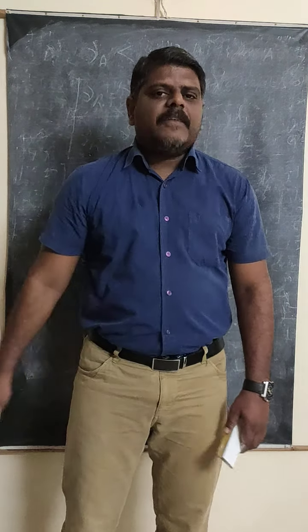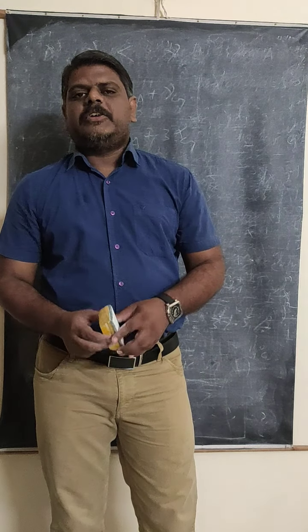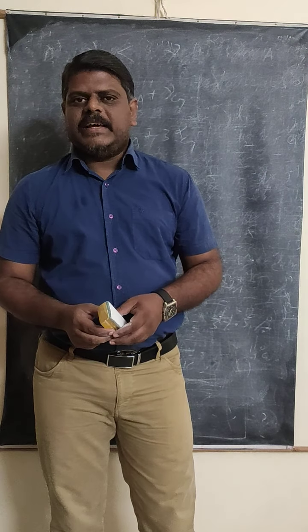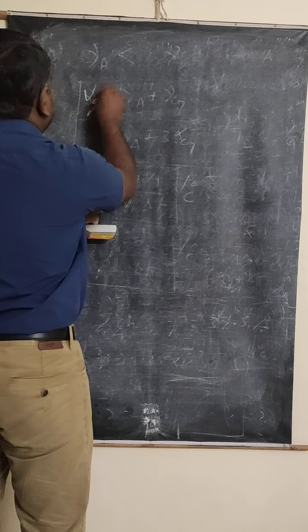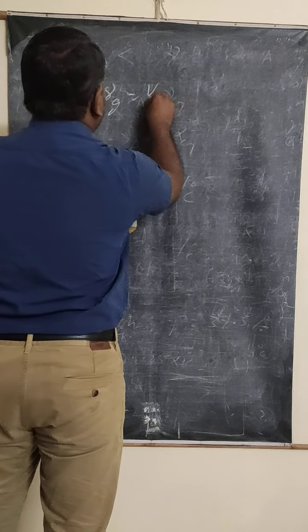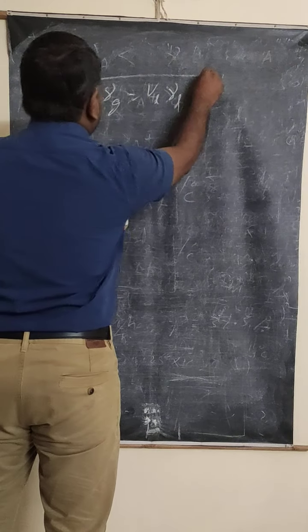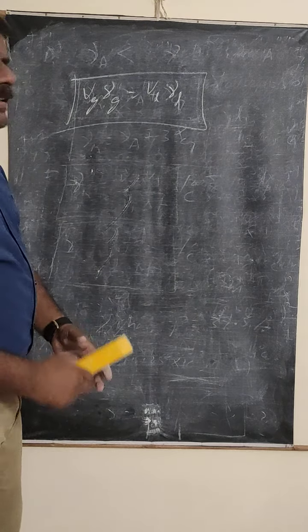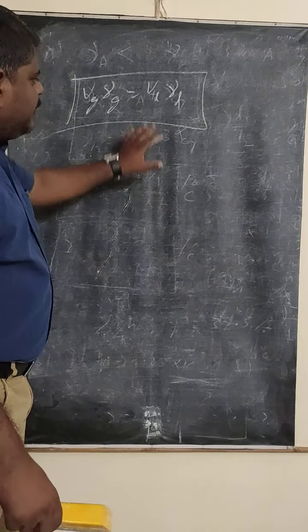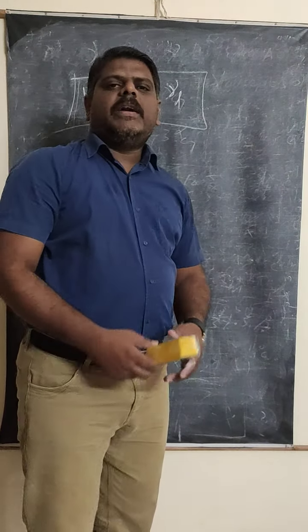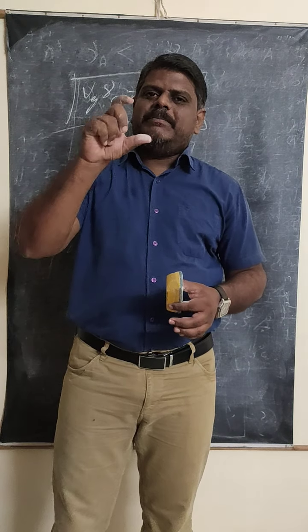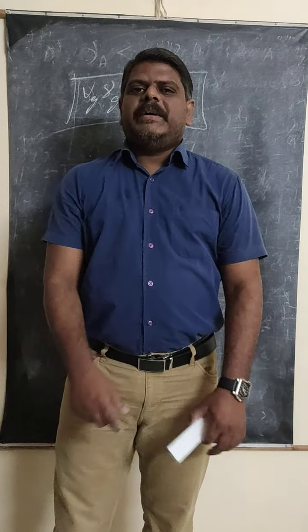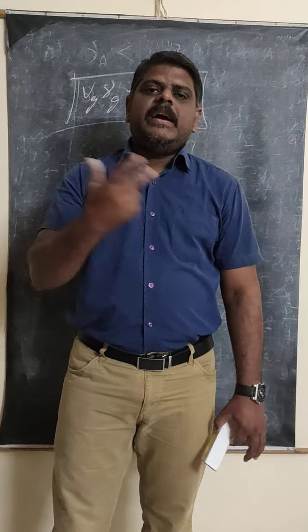After that, we discussed in the last class how to keep the empty space constant. To keep the empty space constant in the vessel, what is the condition? The condition is Vg gamma g equals VL gamma L. If this condition is satisfied, whatever vessel we take, if you pour the liquid up to a certain height, the empty space will remain constant, whatever the temperature you are increasing or decreasing.